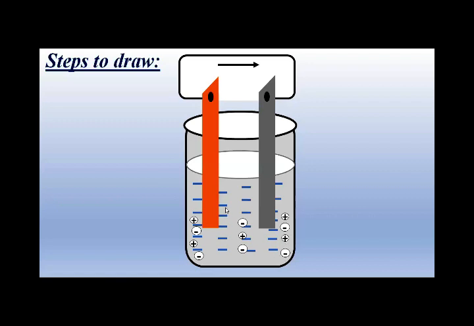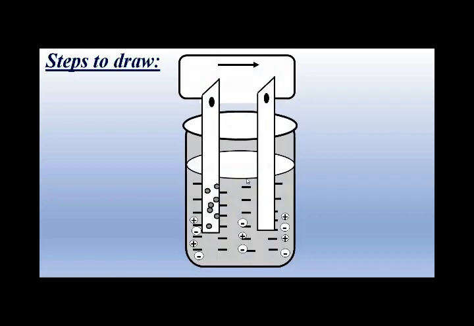Okay. After it, you will draw some bubbles on the copper plate. For drawing the bubbles, you will use a little bit small circle. Okay, I hope it is clear, students, but you will draw a black and white diagram. So your diagram will look like this. You will use a light pencil for the diagram. I hope it is clear.